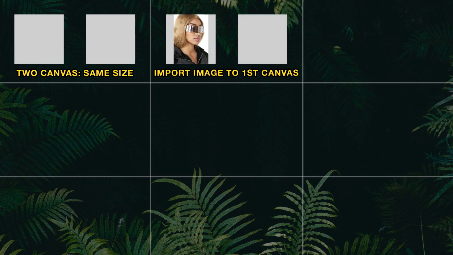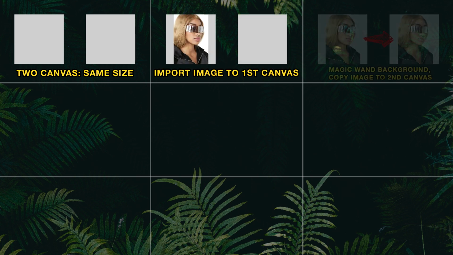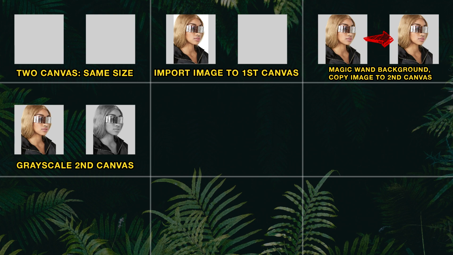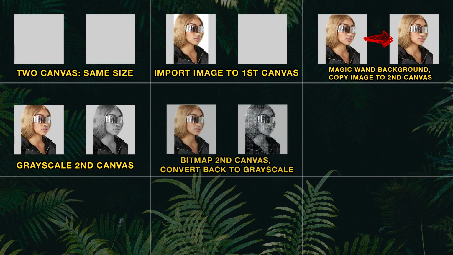So basically we will start off with two canvases, then we will import the image into the first canvas. Next we will delete the background with the magic wand tool and copy it to the second canvas. After that we will add the grayscale effect to the second canvas and then the bitmap effect to the second